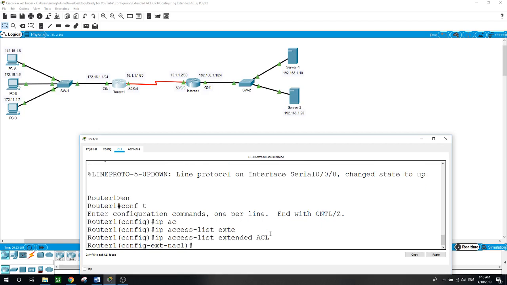Now before going any further, as you can see, we are now in the configuration of an extended access list. Named, N stands for named access control list. So here first we want to deny